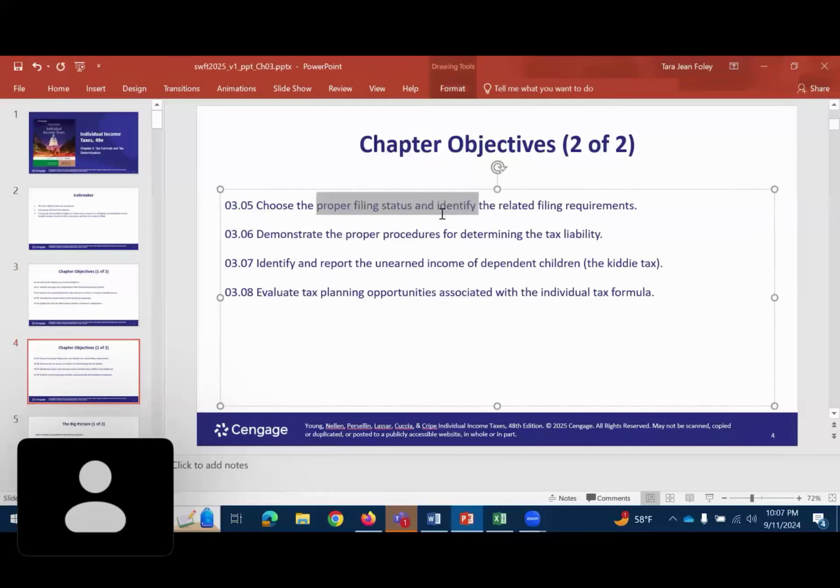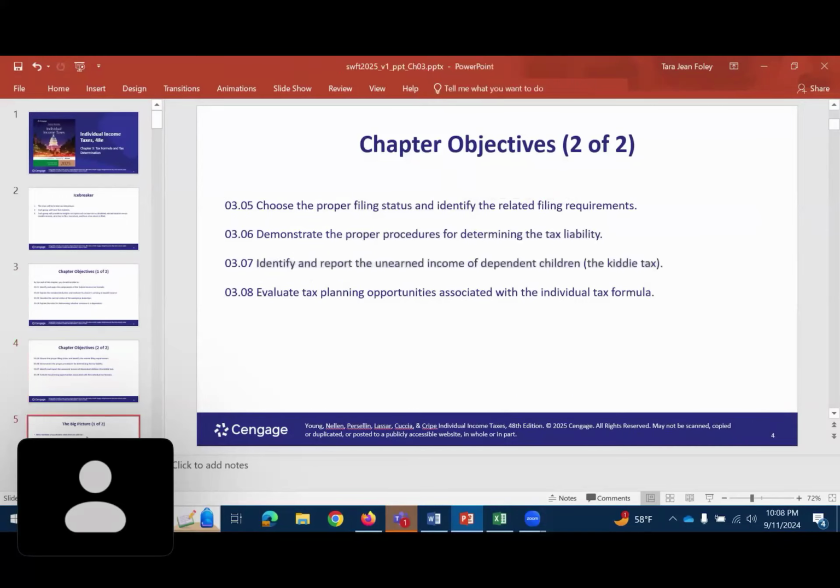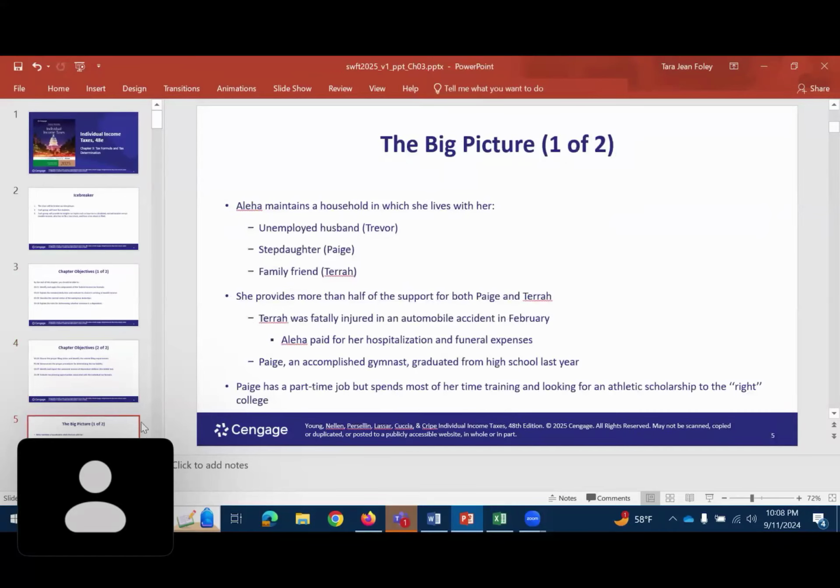What's your proper filing status? Proper procedures for your tax liability? What if you have unearned income of a dependent child or the kid? Do you have to do the kiddie tax formula? So the big picture talks about